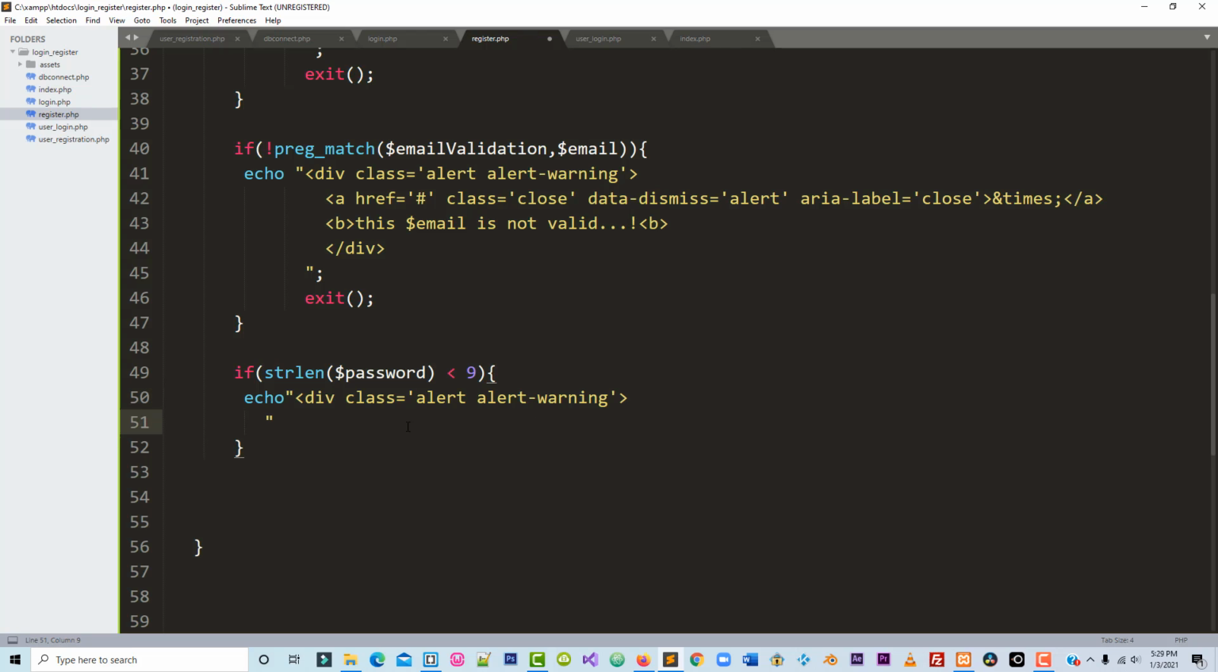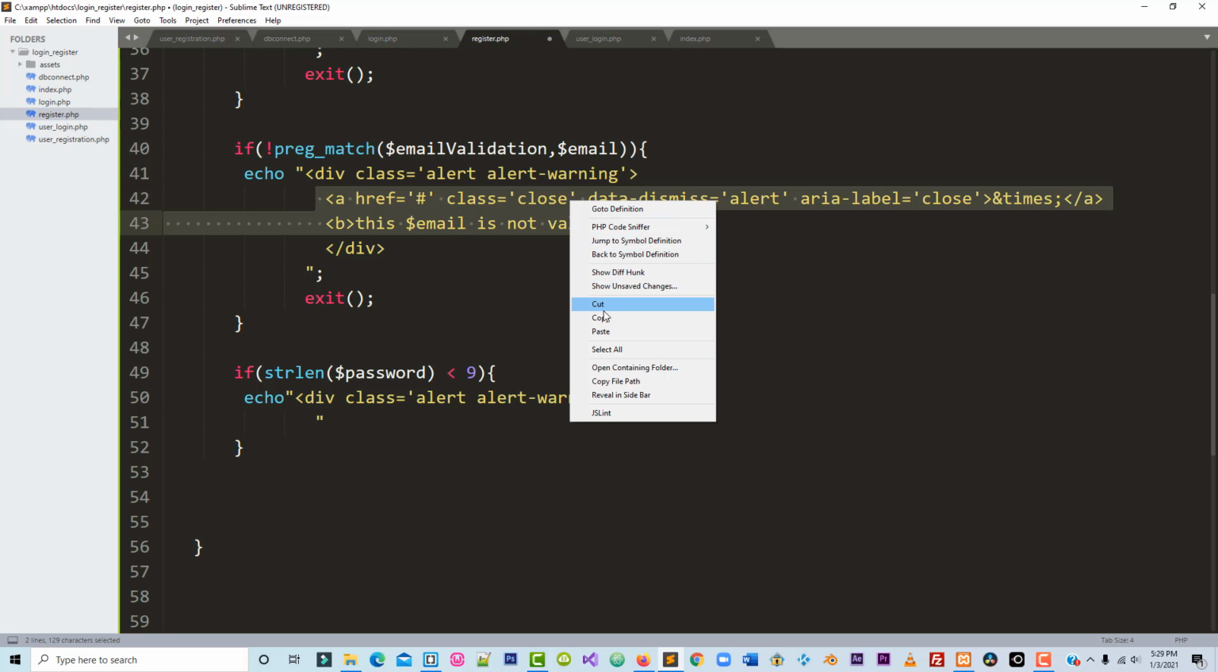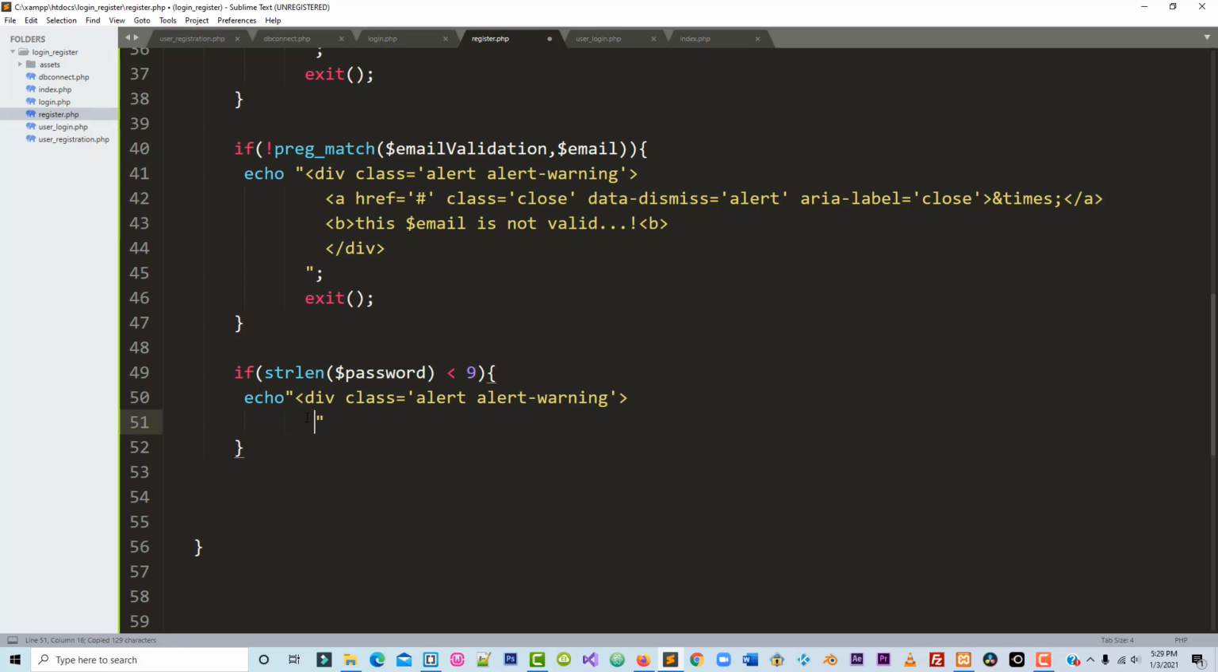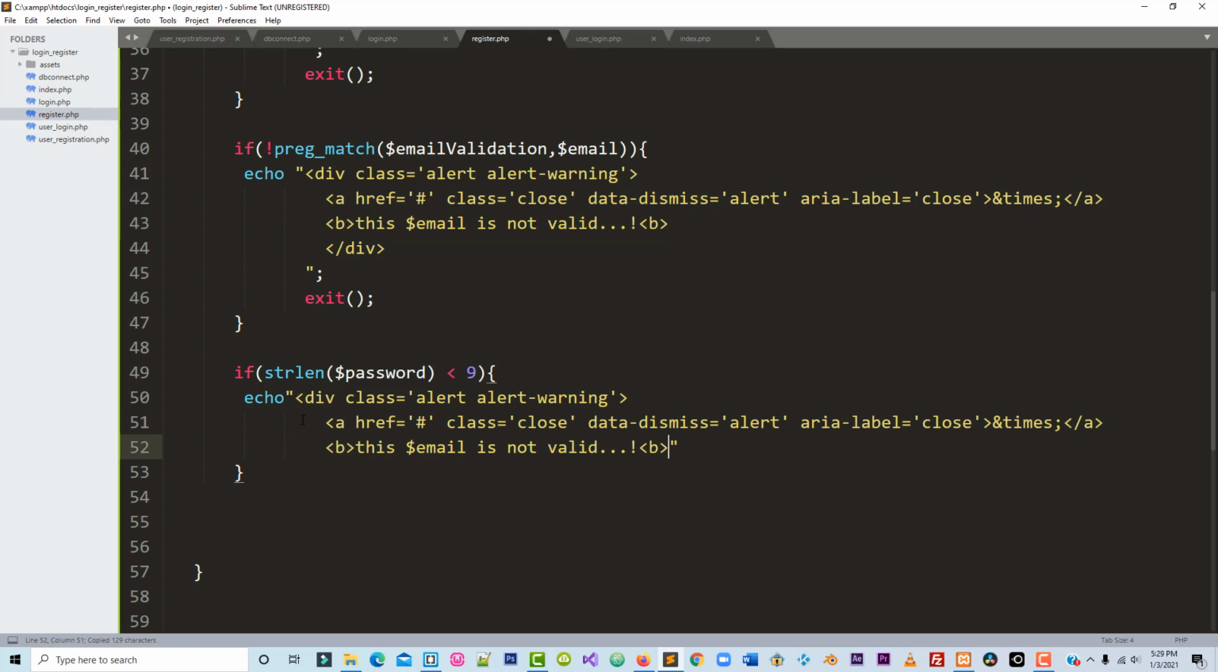We can go to the second line and do the same thing, guys. We can just copy and paste this line of code, just to save some time. Just copy here and paste it inside here, but we have to replace it. For password, we should say